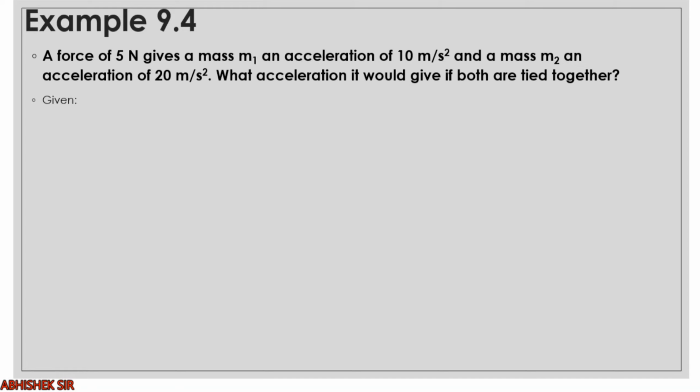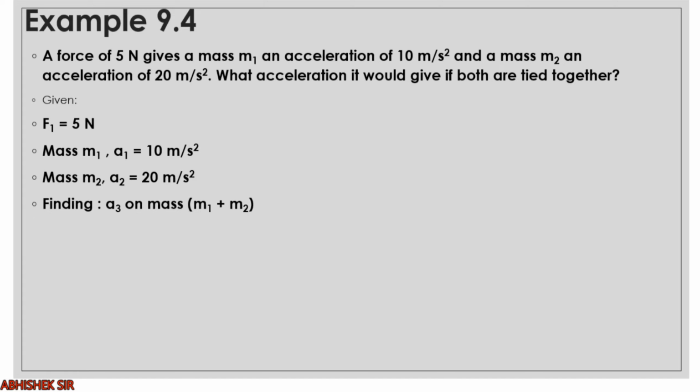But mass is not given. You see, m1 is not given, m2 is not given. How will you find it? So let us use the hints, calculate mass m1 and m2, and then we will find out the acceleration. So it is very easy. Let us start with the hint. First hint: force F1 will be common for both, so instead you will write F, that will also be the same. Mass M1, acceleration A1 is 10 meter per second square. Mass M2, acceleration A2 is 20 meter per second square.